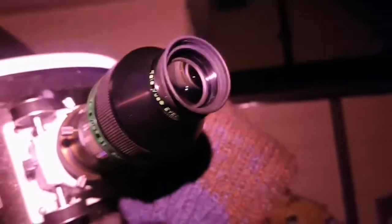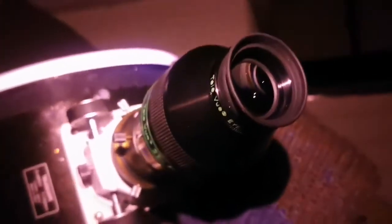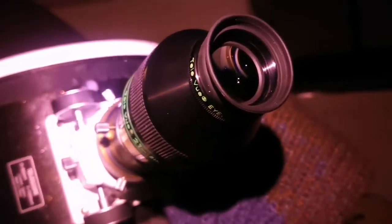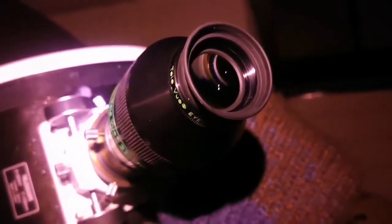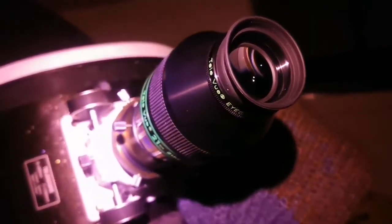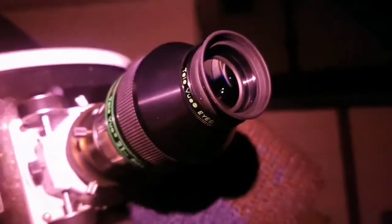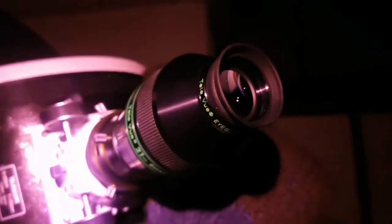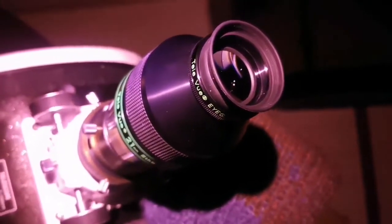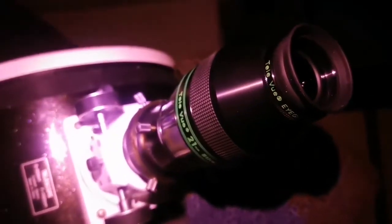I can see the same details, two dark lanes which mark the spiral arms of the galaxy. The brightness of the core of the galaxy is the same, slightly less. In the APM the core of the Andromeda galaxy was very bright, almost dazzling. This one is slightly less dazzling, and I can see the same two dark lanes, and the halo from the